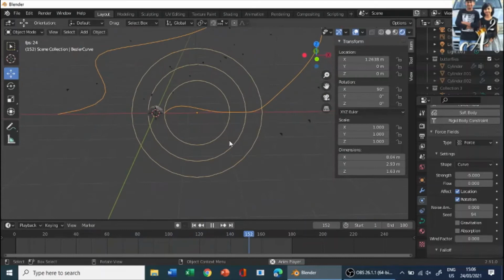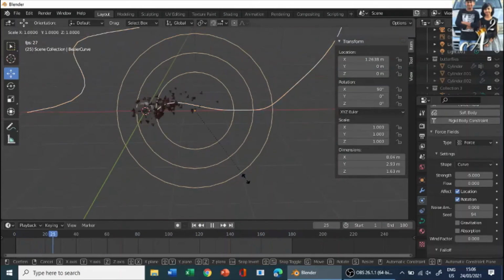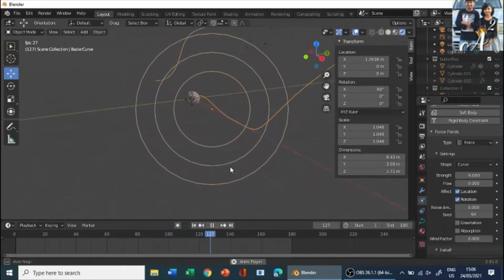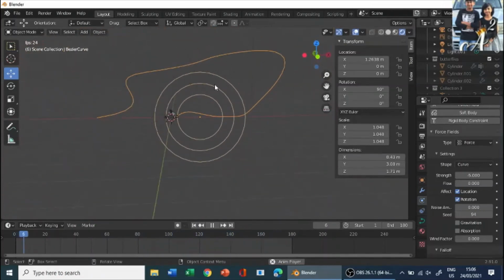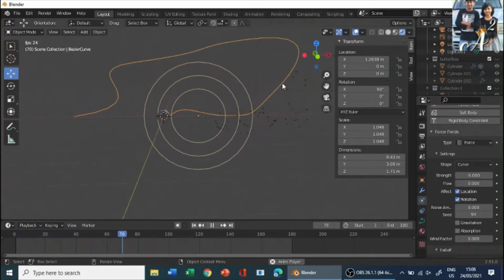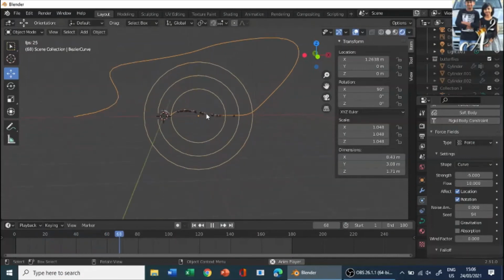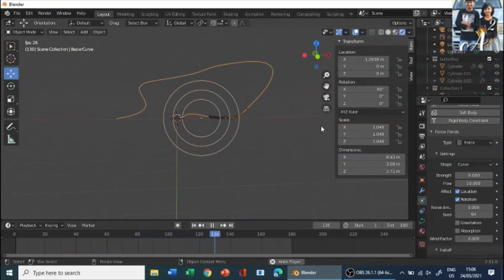Here, let's scale it a bit small. Okay, scale it a bit big. That's nice. Its strength is -5, and you can see those butterflies moving where we wanted them to move. Now let's click on the flow. What this flow does is it makes them stay next to our line, instead of scattering around. If you increase the flow amount, you see it's super congested over there, so we don't need that. So let's set the flow to something like 0.05 and hit play.